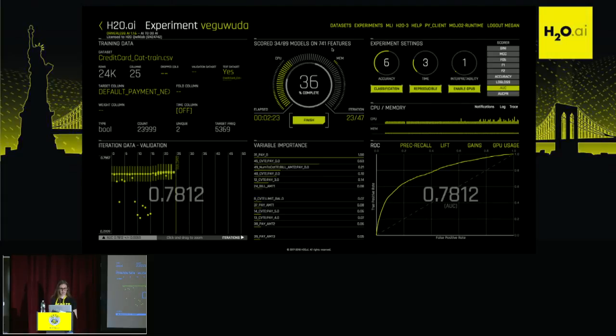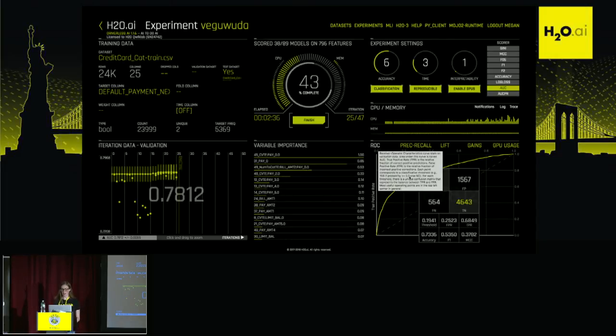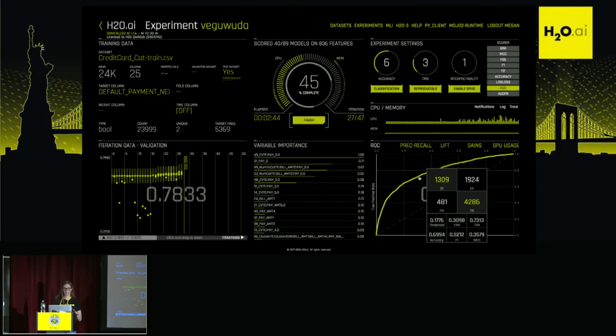Now, while that's running, I want to focus on the right side of the graph. We have an ROC curve. Anyone familiar with the ROC curve? Yeah? Okay, great. So this is telling me how good it is at separating the good from the bad. We can hover over different points to get an idea of the confusion matrix. And this confusion matrix is based on the internal validation data that Driverless created. So Driverless is doing an internal validation, a one-third split for validation, and it's showing me, for this particular threshold,